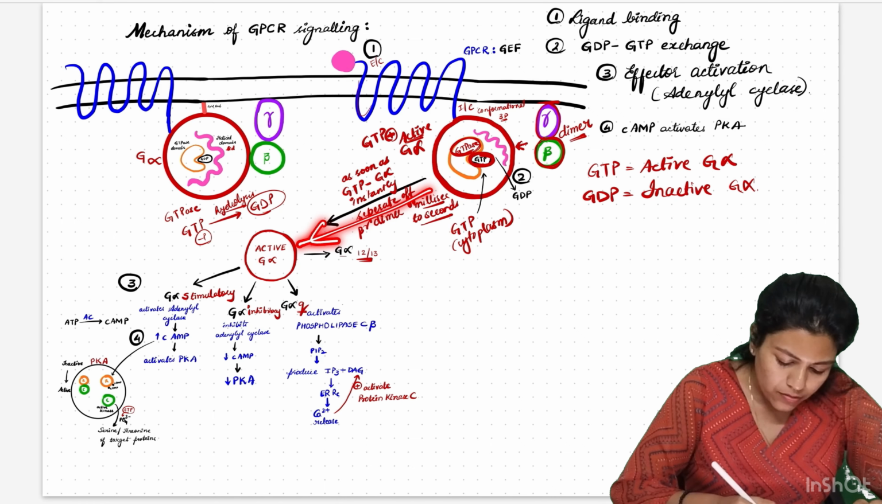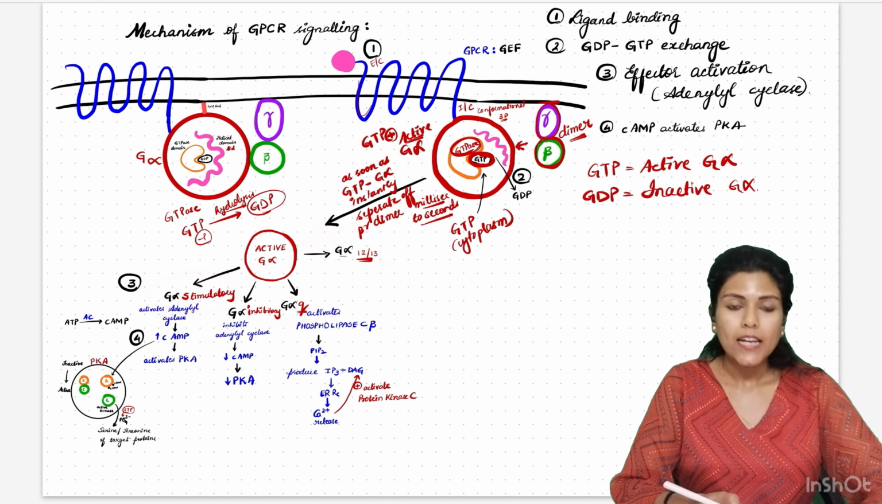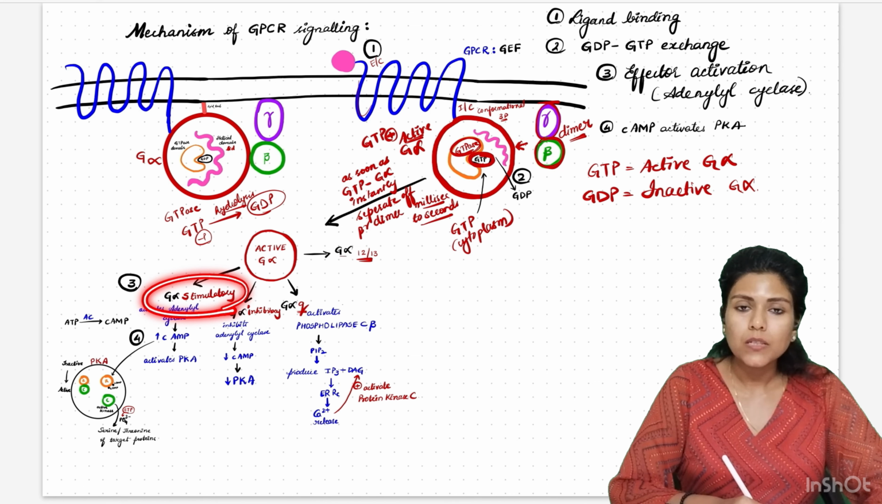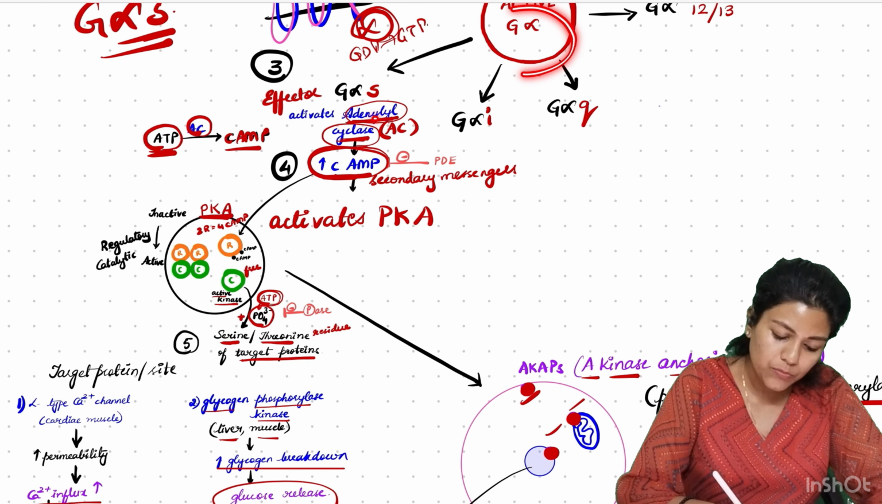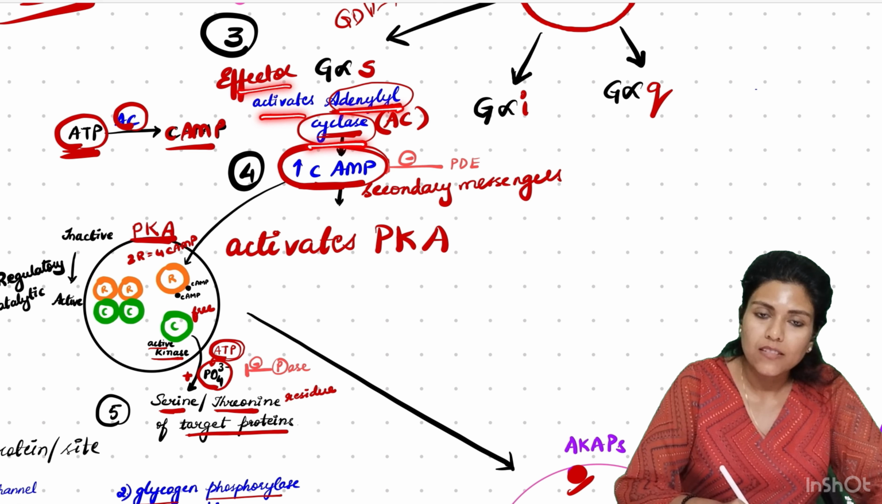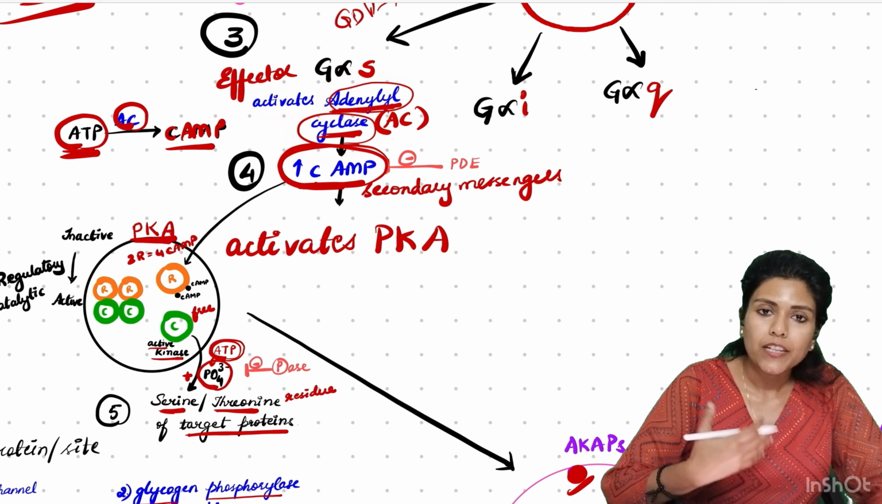Active G alpha will have many pathways: stimulatory, inhibitory, Q or 12, 13 pathways. And whichever pathway it has to choose depends on ligands and receptors. Once it has decided to choose the alpha stimulatory pathway, it will activate adenylyl cyclase, which is the effector here. The adenylyl cyclase will lead to generation of the secondary messenger cyclic AMP. Cyclic AMP will now activate protein kinase A. That means the cyclic AMP will bind to the